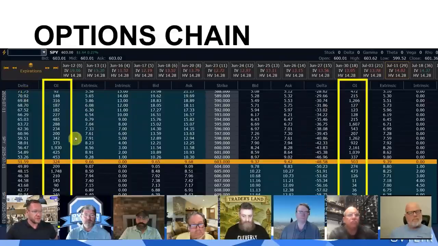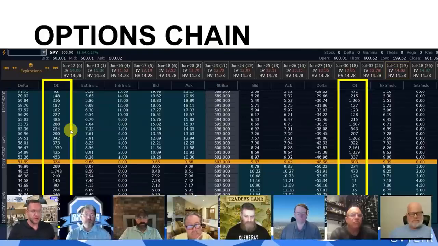Next, open interest. This is the amount of contracts that people want to trade, okay? This is different than volume. Volume is the number of contracts that have been traded. I don't even look at volume. I look at open interest. If there is a lot of interest on a certain strike, your liquidity is going to be better. You can get in and out easier. I'm actually surprised that at the time I took the screenshot, this particular strike only had 148 contracts of open interest.